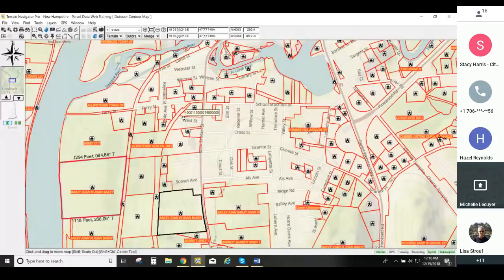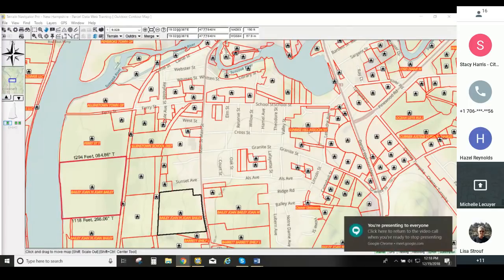So that pretty much covers the parcel data on the desktop. One of the things that I'd like to do, again, we'll take an opportunity here for questions. Since there are no questions, what we'll do is go ahead and talk about the web portal, and then we'll talk about